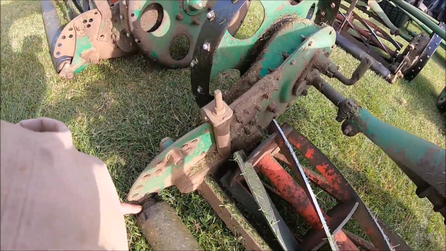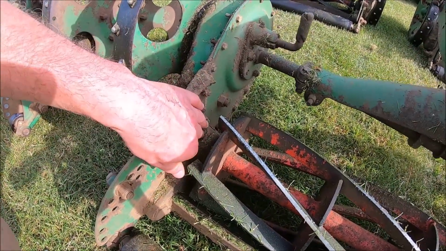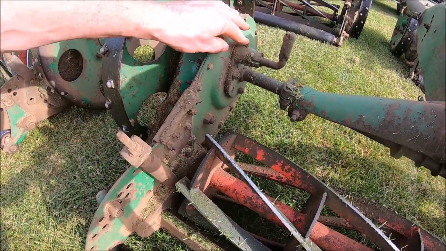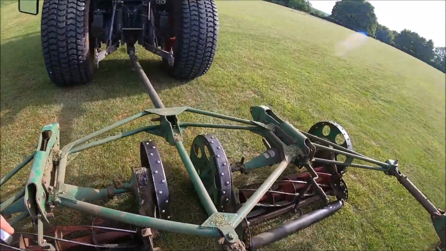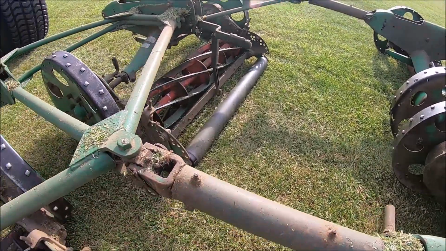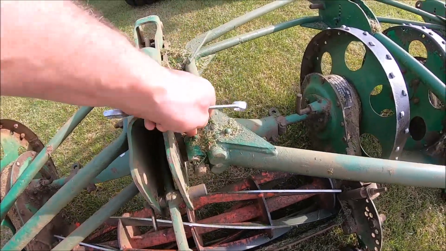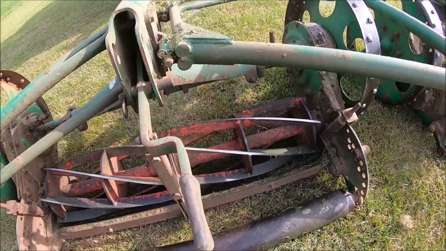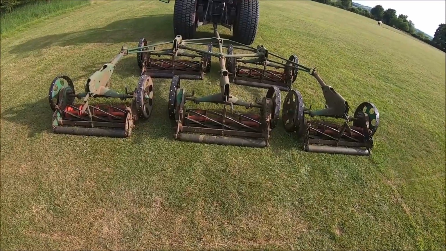Various grease points on here. You've got a grease point on each end of the roller, a grease point on each end of the cylinder, the bearing in there, a grease point on there, and then grease points on all the frame. You got a couple on these pins, a couple on these spring-loaded mechanisms, and a couple on these frame points there. But apart from that, it's pretty maintenance free. They all have their own characters. Each little unit